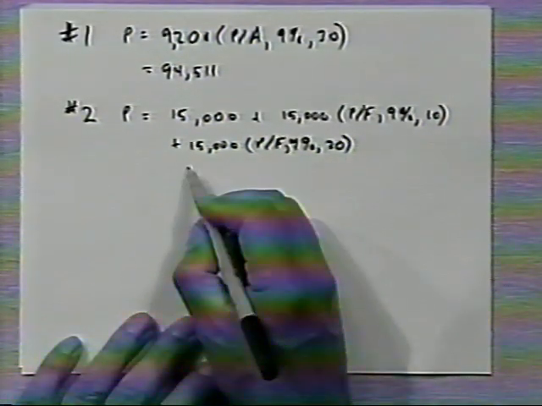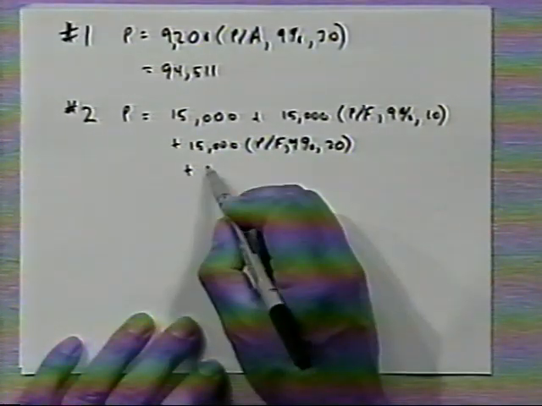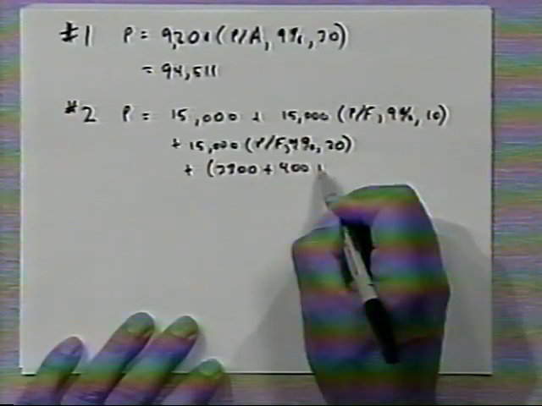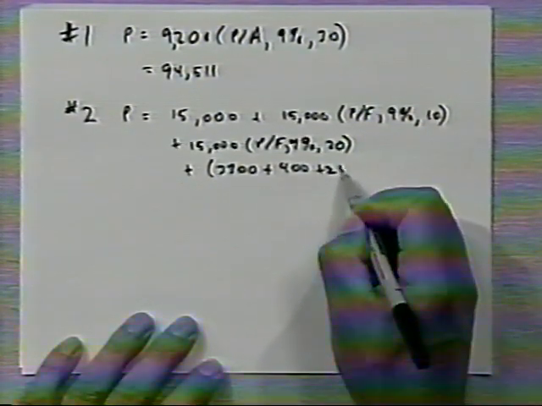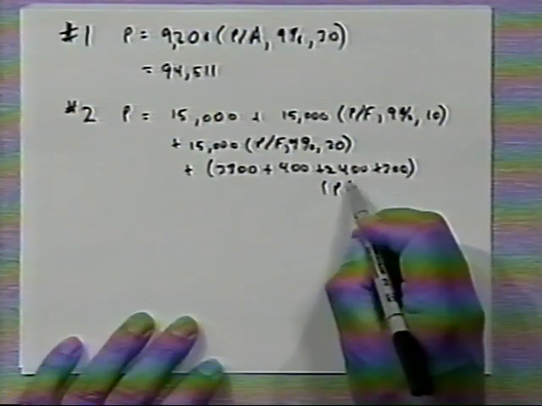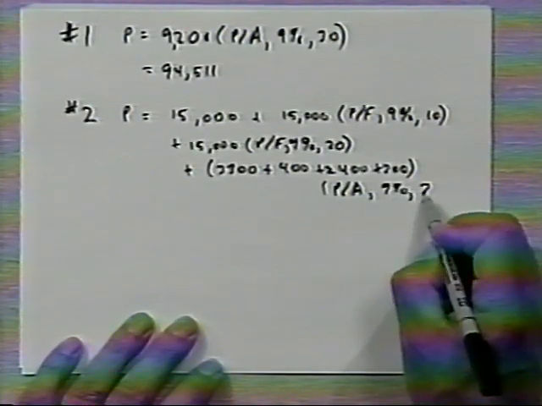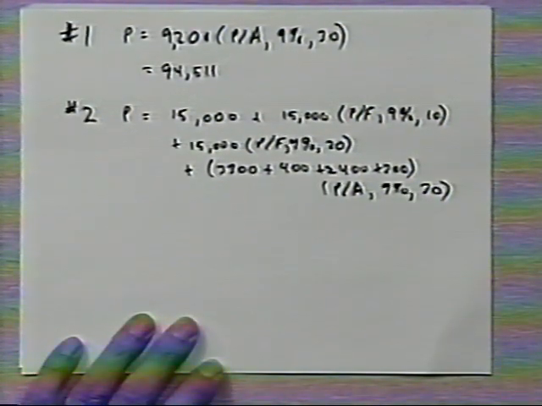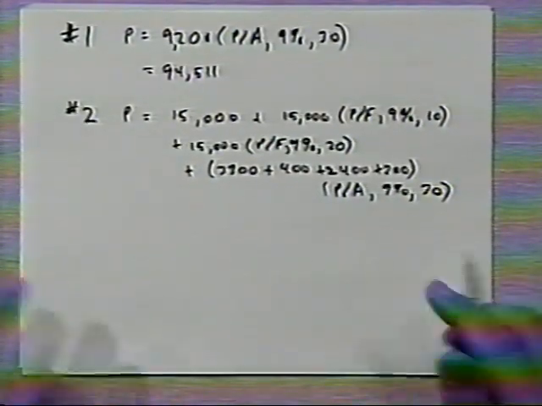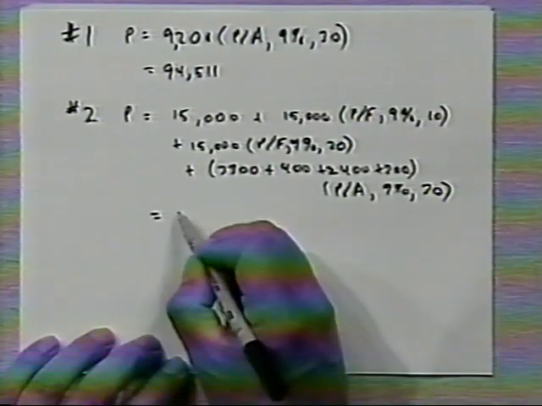Those are all the first costs, plus those annual costs of $3,300 plus $400 plus $2,400 plus $300, brought to present worth from an annuity at the 9% interest over the 30 years. So this represents buying that second alternative 3 times. And if I work through the calculations there, I get